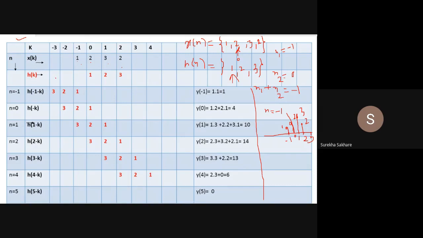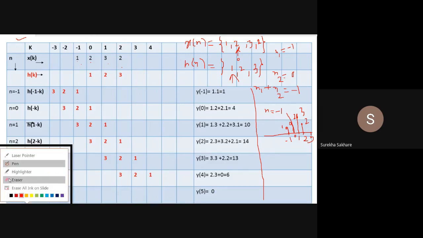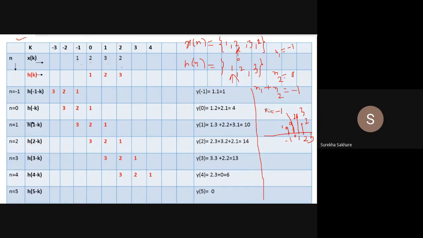Similarly, h of k is nothing but the transferred value of h of n changed to index k. 1, 2, and 3. It's as simple. Now I am making all the h of k values in red, and the black values are 1, 2, 3. It becomes easier to understand. So I will just remove some scribbling. One more thing we left out is finding the length of your sequence. Is it not? What is the length of the sequence? We didn't see. Now let us have that also.